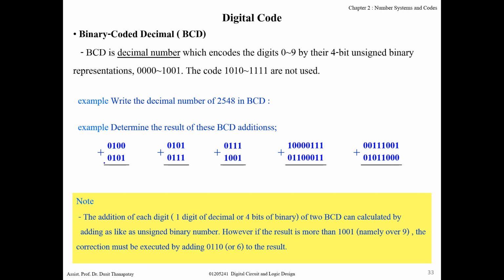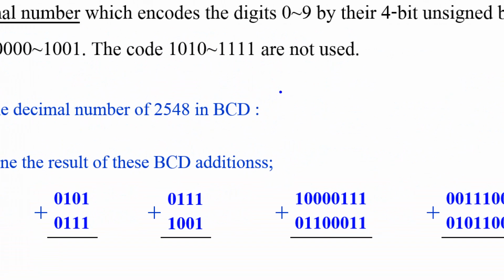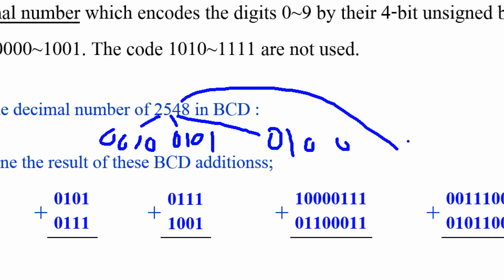For example, if I want to write down 2548 in BCD, I can start with any digit. That means this 2 is 0010, 5 is 0101, 4 is 0100, and 8 is 1000. Okay, that's all. So in BCD you can write it as this one: